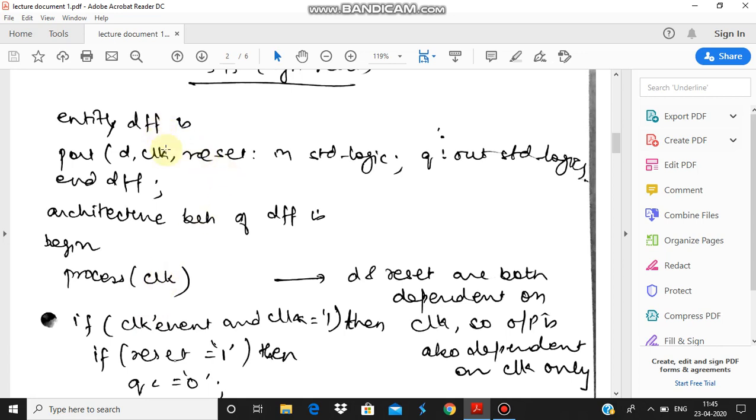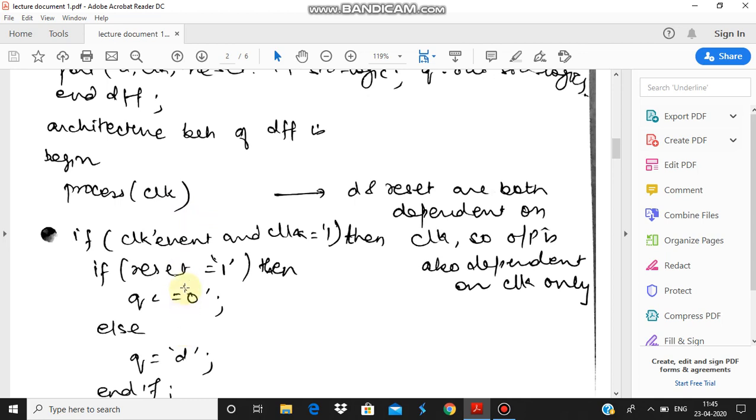So again, entity remains the same, but what happens in case of architecture? Process के अंदर only clock, sensitivity list में सिर्फ clock गया, because output is now dependent only on the clock, right? So what is the first condition we are again applying? If clock'event and clock is 1, मतलब यहाँ पे क्या है? Clock high है और clock क्या हो रहा है? 0 से high जा रहा है. That is your both the conditions, when clock is already high and when clock is going from 0 to high,